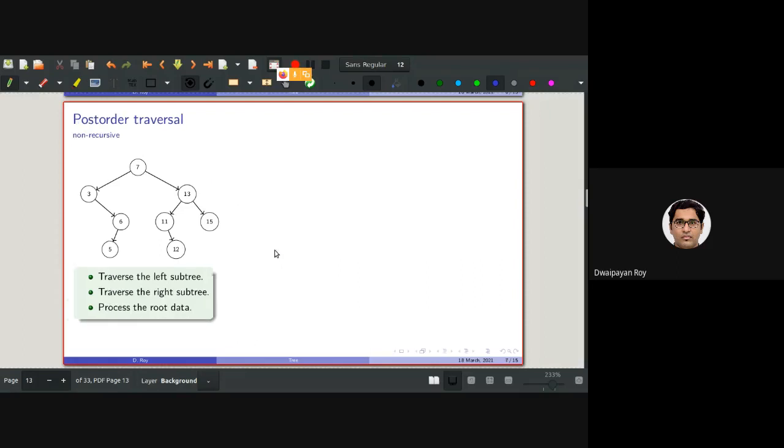And for the post-order traversal. The post-order traversal is left, right, root, right? So basically, the order is left, then right, then root. Let me ask you the question, what data structure should be used to make this a non-recursive version?